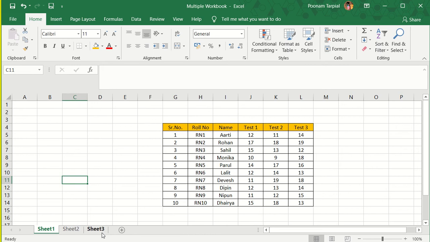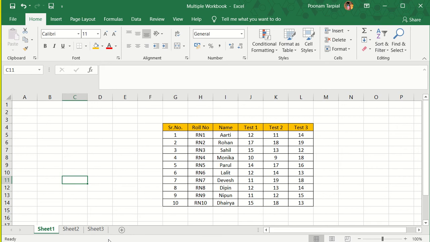And in one Excel file, when I open it, since there are multiple sheets, that is called a workbook. A workbook, in layman's language, is just like a book, and the various sheets in it, like sheet 1, sheet 2, sheet 3, are pages. So in one workbook there can be multiple worksheets.